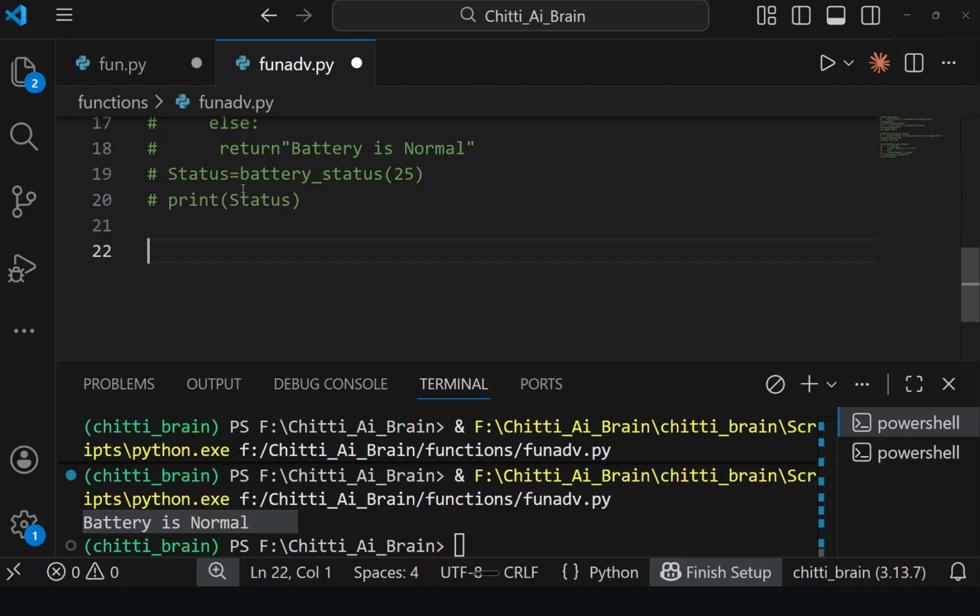Now what is the first step? First you have to scan it. So to scan the area, you have to define a scan function. In that function you have to put return enemy detected. If the scan function returns the enemy detected value, then based on the scan result, if enemy in scan result, return attack. If an enemy is there in the scan result, you can automatically activate attack mode, else return ignore. If an enemy is not detected, you can ignore.